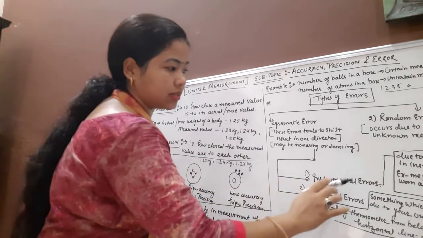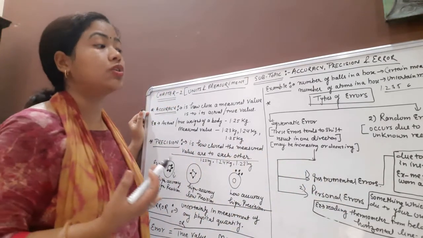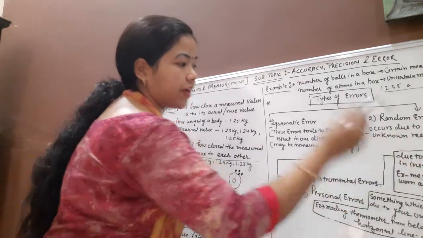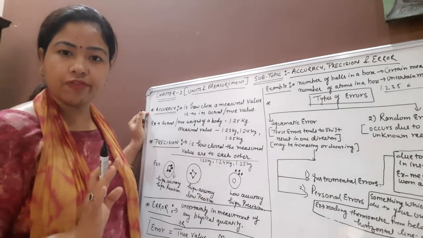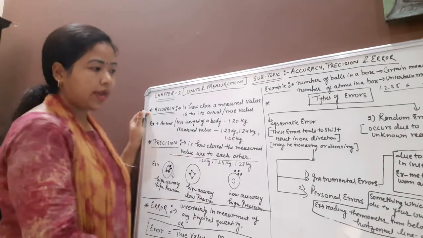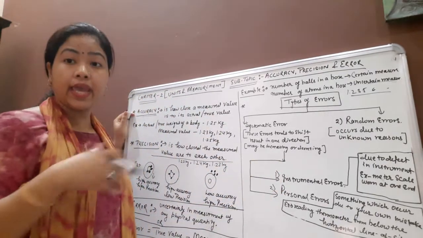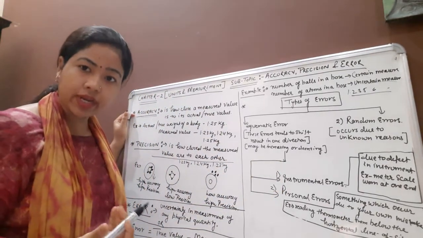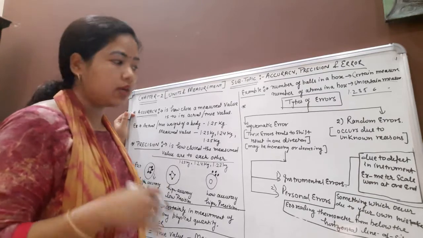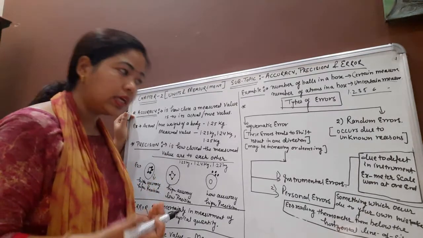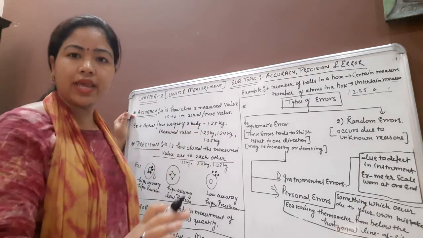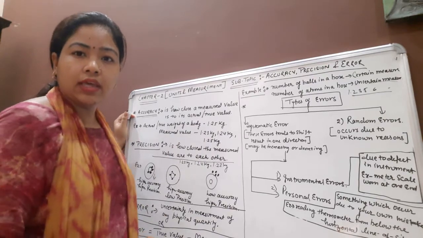So first is the instrumental error. Now what is the instrumental error? It is due to a defect in the instrument, right? Now we can say that if there is any manufacturing error in the instrument, that is in the category of instrumental error, right? So a very simple example, we can say that